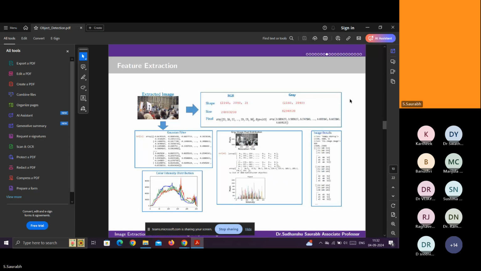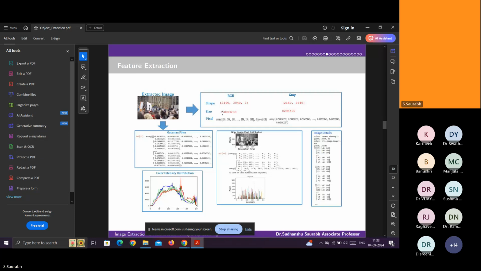Because if it is simple numerical values, it is difficult to process in a deep learning or machine learning model. So it is better to convert those numerical values into NumPy. Once it is in NumPy, it is a machine-readable, Python-readable format. That's why all the numerical values are converted into NumPy.